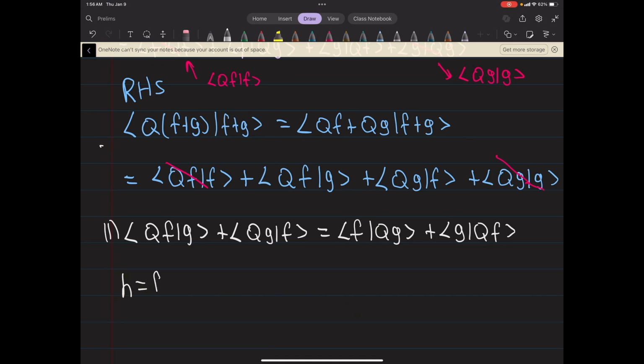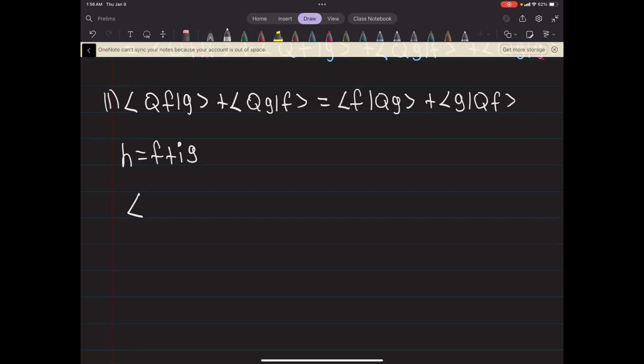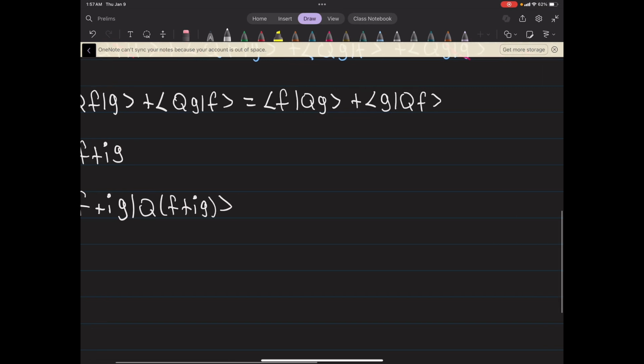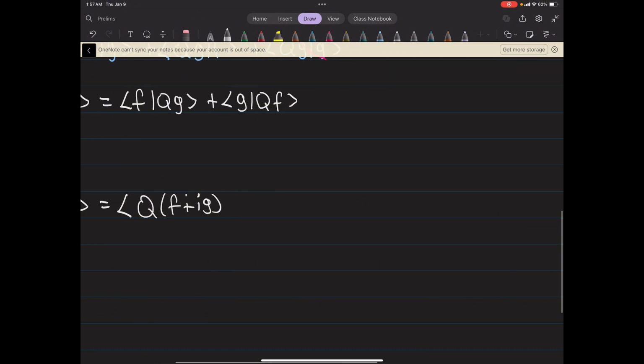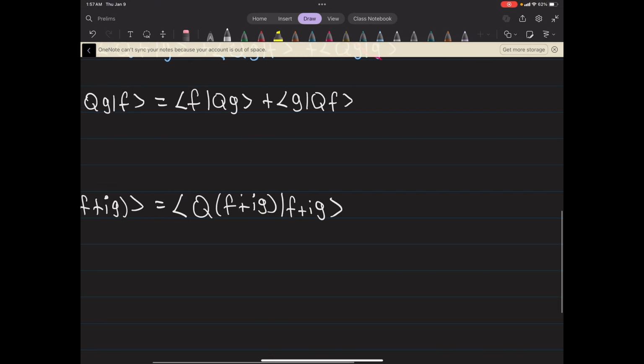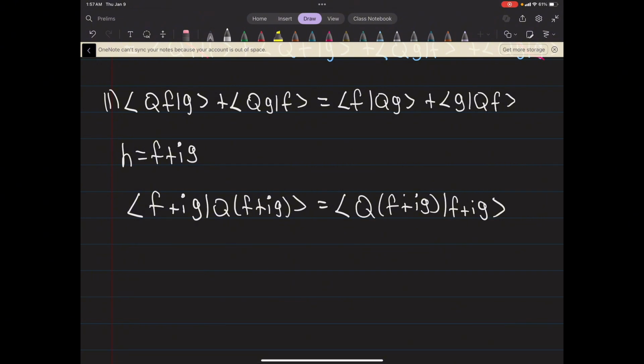F plus IG now. We're going to follow the exact same procedure that we did above, and thankfully these values were picked out in such a way that when we add our two resulting equations, we should get the result that we want. Plus IG, F plus IG. So I've just plugged it in at this point, and on the left hand side